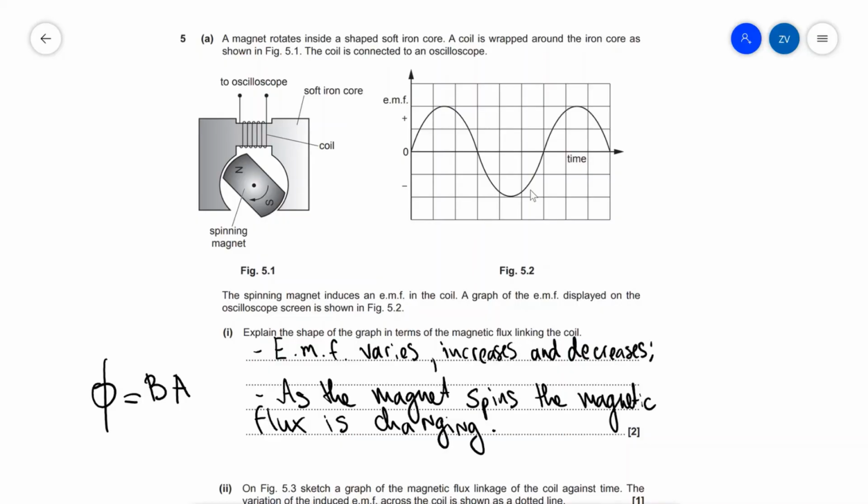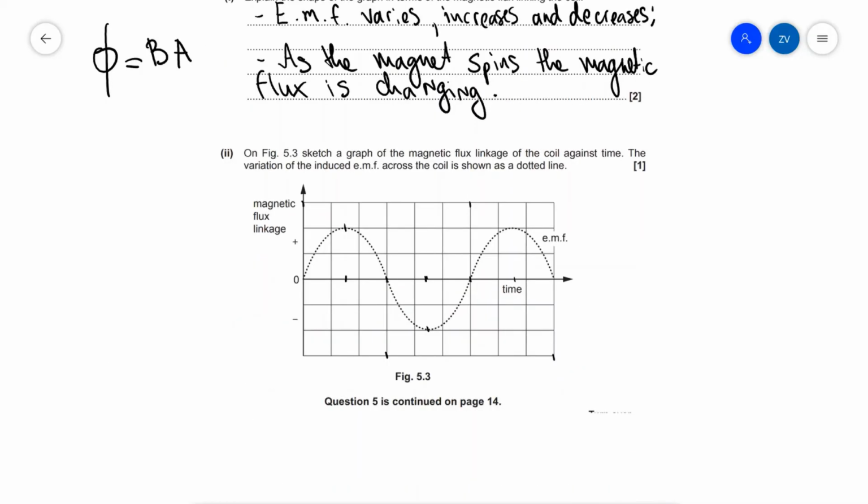Okay, let's go through the next one. Okay guys, part 2. Now this figure shows us the variation of the EMF with respect to time. From there we need to figure out what the magnetic flux linkage will look like. Now whenever the EMF is at a maximum, we know that our magnetic flux linkage will be at its steepest. In other words,